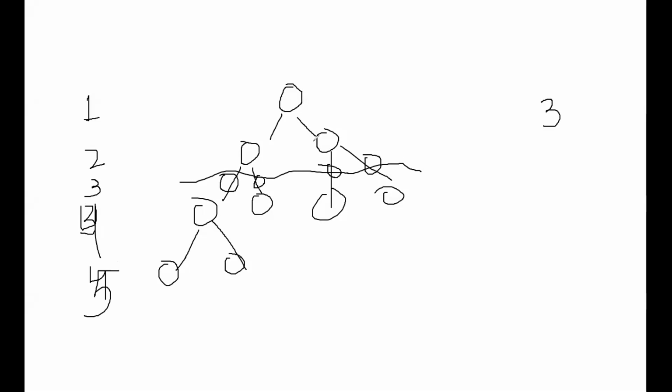I need to know the parents. I need to know all the nodes which are at level 2, correct? If I have all the nodes at that level 2, I will be able to easily insert the nodes below it: make a left child, make a right child, and then the current parent node's left becomes the left of the new child, and the right becomes the right of the new child, correct?